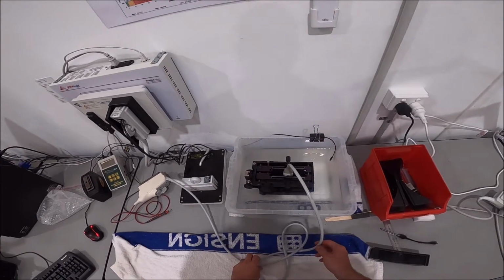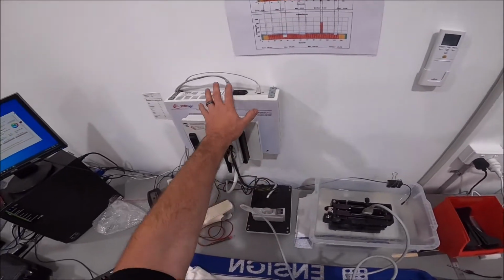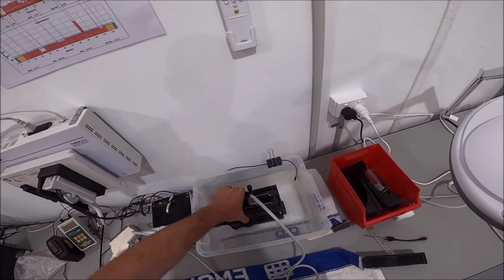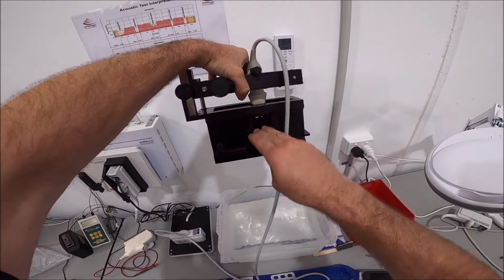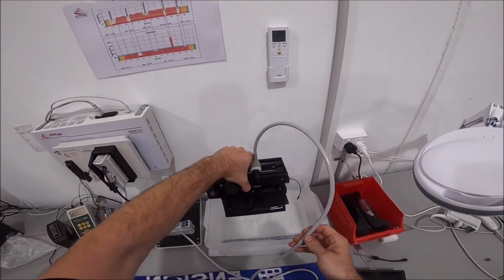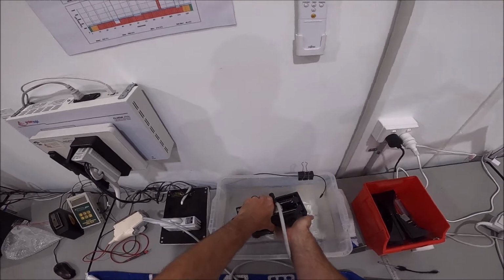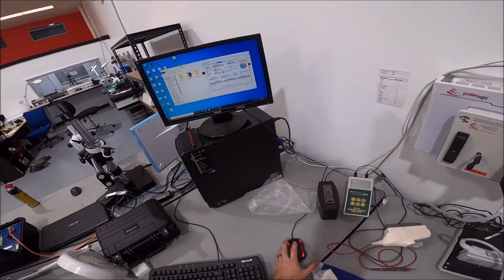So what we have here, just to prove that this probe definitely has a fault, is the same probe connected to our acoustic analyzer. The probe is sitting in a target. You can see here the sound is going to bounce down and bounce off of this metal target and then bounce up to the probe, and it's going to measure the sensitivity for each of the crystals across the face of the probe. So if we run that now,